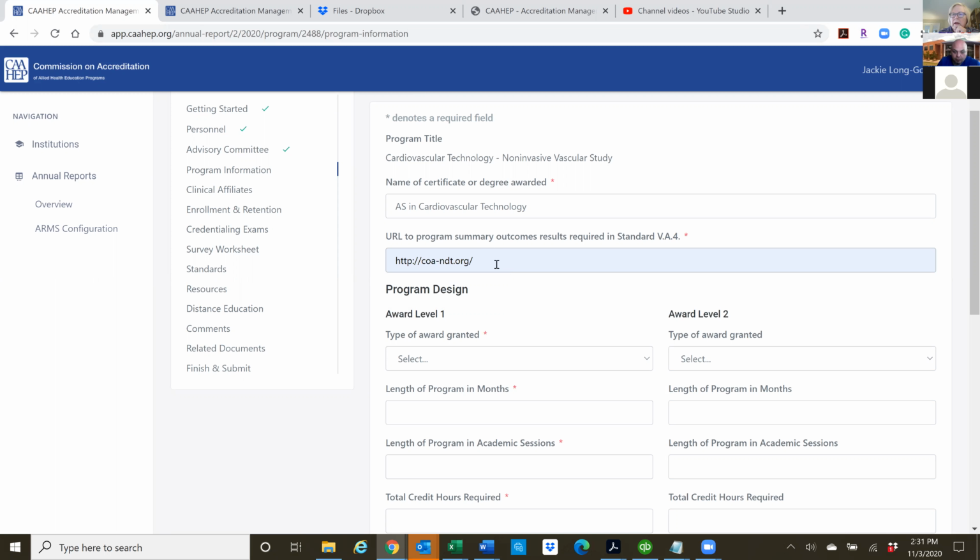That's also helpful because we are required to verify this. So I verify it, CAAHEP verifies it, and as you know, some of you have gotten recently emails asking you to update your link because it either didn't work, or when we clicked on the link, we couldn't find what we were looking for. So sometimes if you put that into just the home page of your university or your college, it's difficult for us to find them. And because we have to verify them, and sometimes we're told that CHIA will also go in and do spot checks, then if we don't have them working, we have to follow up on it. So make sure that your link does work, and the easiest way to do it is just copy and paste it.